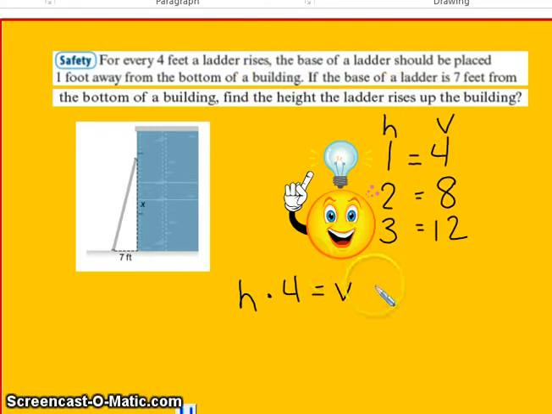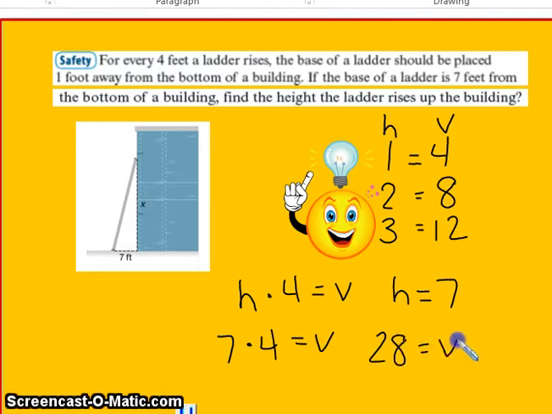So we're looking for the vertical distance if the horizontal distance is 7. So I've got 7 times 4 equals my vertical distance. And I know that 7 times 4 is 28. So if the ladder is 7 feet from the bottom of the building, the height of the ladder is 28